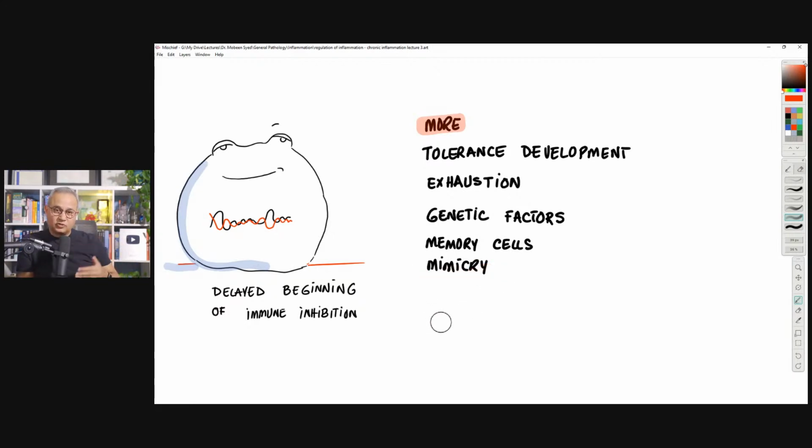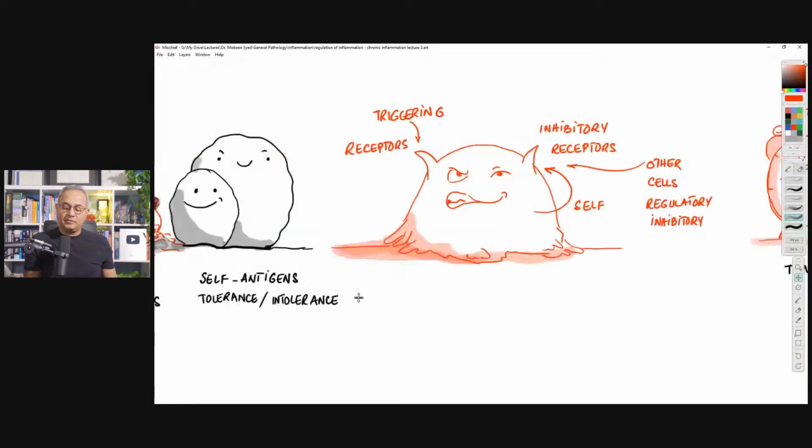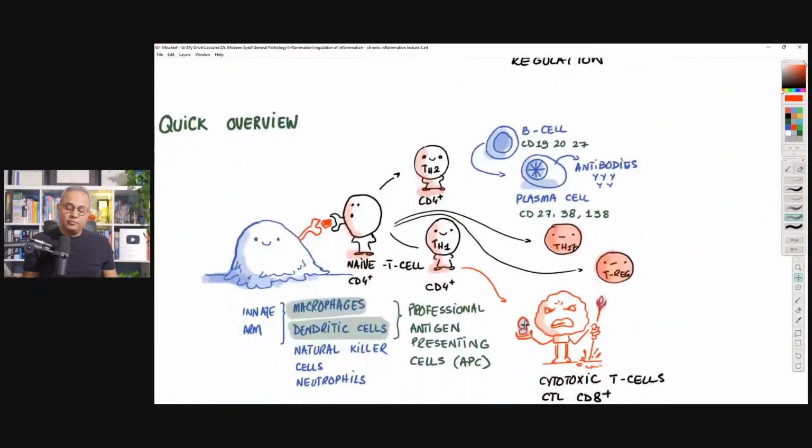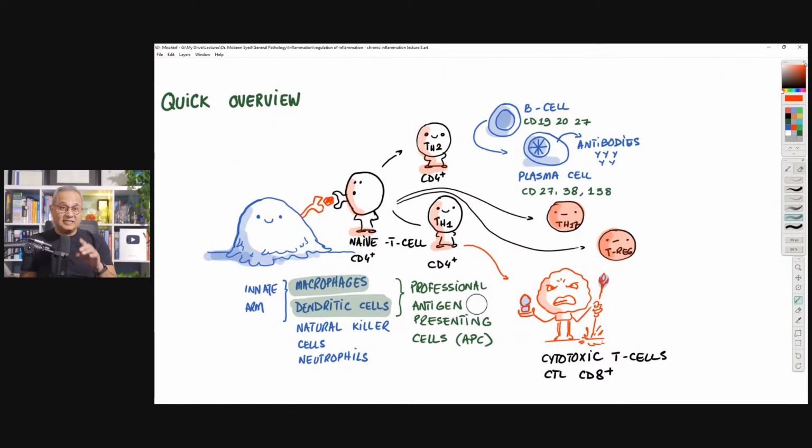So whenever we are exposed to some pathogen, not every pathogen, but some pathogens can cause our immune system to start attacking our tissues. That mechanism is called molecular mimicry. These are high level, bigger mechanisms. Now let's see some of the mechanisms in detail. Tomorrow, we will cover a very important part of these mechanisms, T regulatory cells, the most important part of the immune system. Today is going to be the grounds for understanding that.